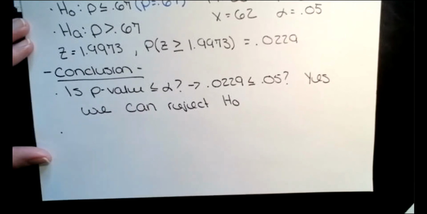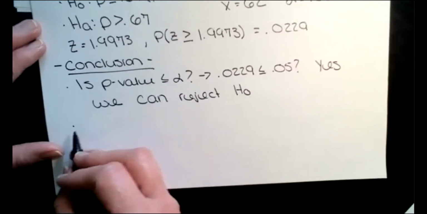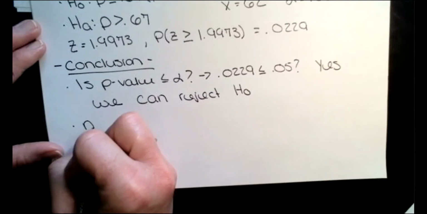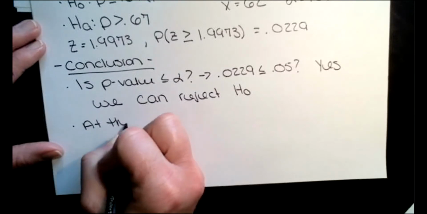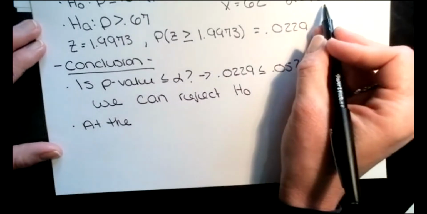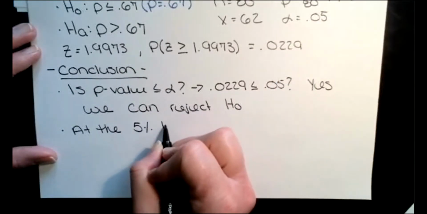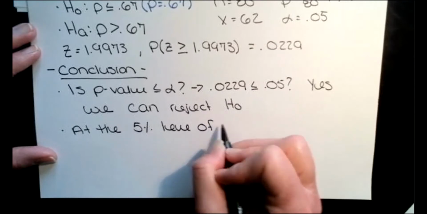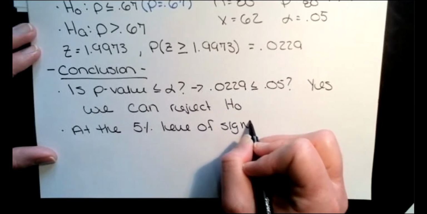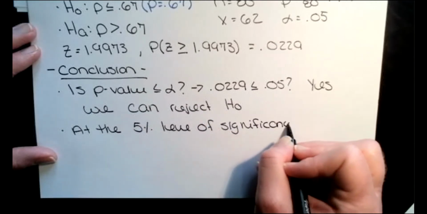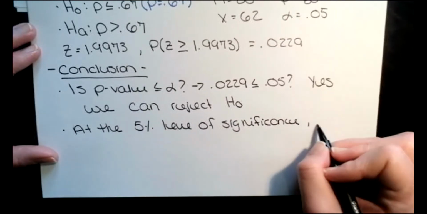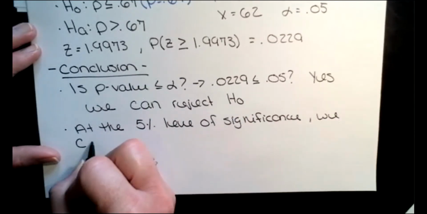So now I'm going to write the conclusion statement. So I'm going to look at my alpha, it's 5%. So at the 5% level of significance, we can